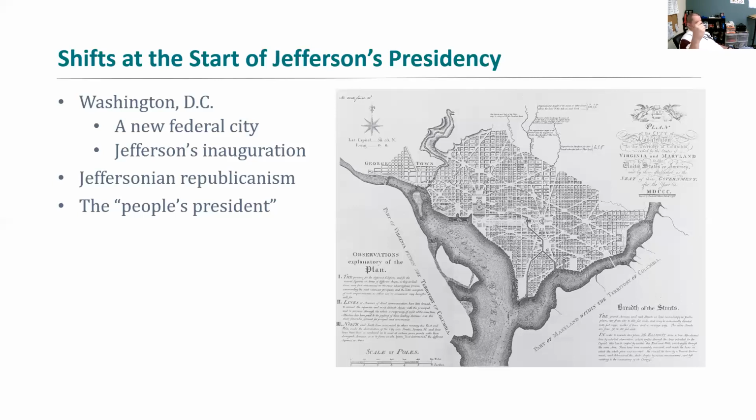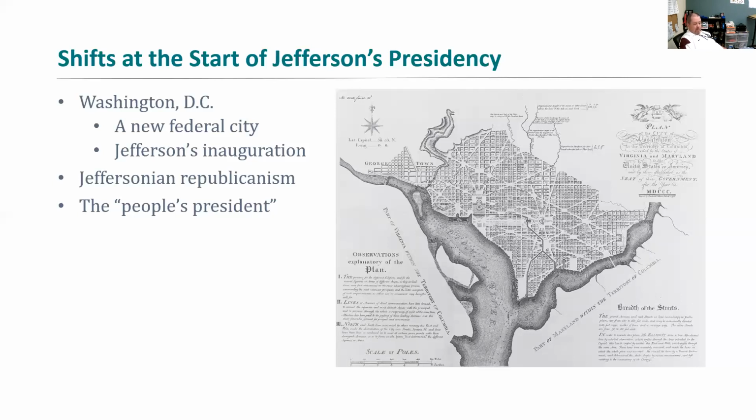Jefferson actually tries to spend a significant amount of his time highlighting the difference between his Democratic Republicans and the Federalists, because the Democratic Republicans are sort of the everyday people. They are more layman's, they're simpler, more frugal, they're not nearly as formal. And so this is part of the reason why we call Jefferson the people's president. He's trying to appeal more to the masses than what the Federalists do.